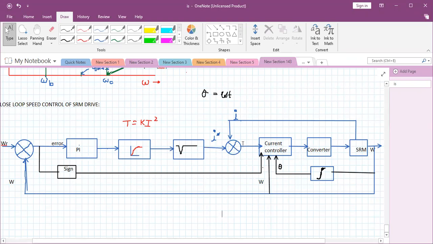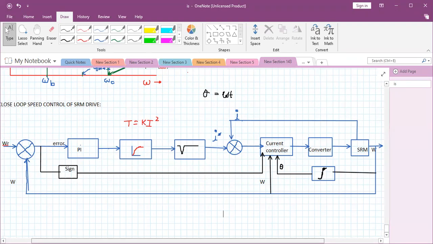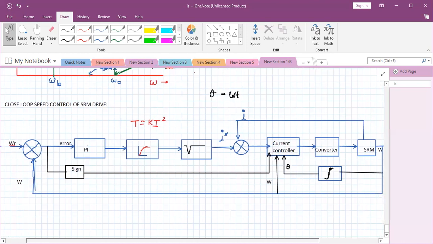So this is the complete block diagram of the closed loop speed control of SRM. If you are not showing it, it is okay, but if the sign is negative, then you also have to give a sensation that you make the current zero. For that this black line is there. We also have different types of modes of operation, so this omega reference is required. And to control the current, the theta position is also required, so we have to integrate this. I hope that up to here it is clear.